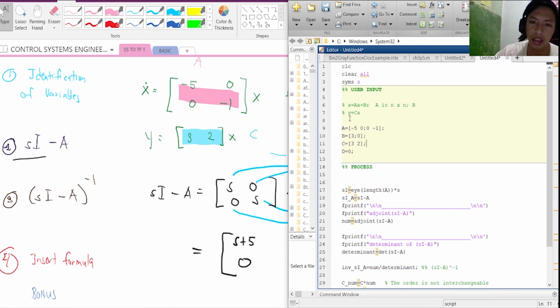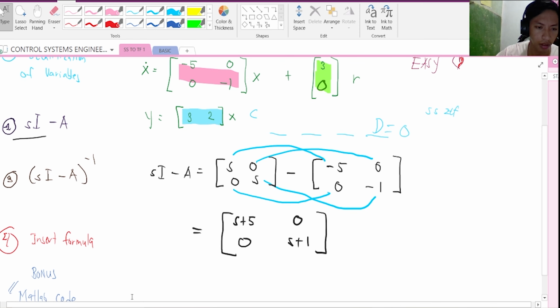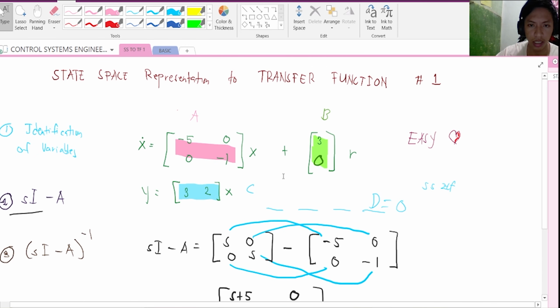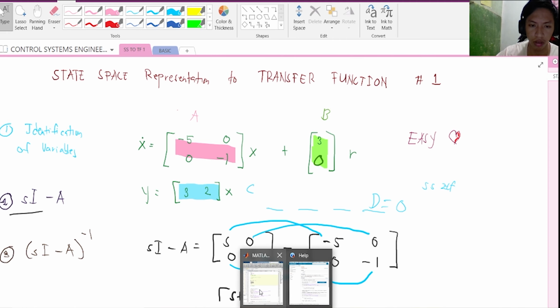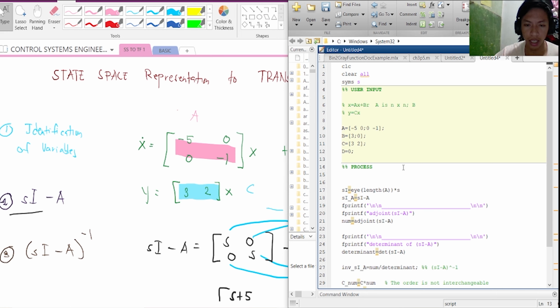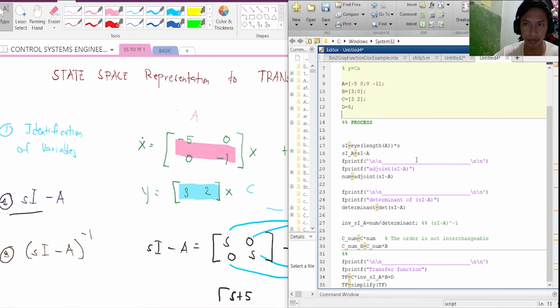Again, the first step would be the identification of variables. I just input it here. Also be aware of the syntax. As you can see, all you have to do is input this number into the code. Okay, and then if you run this,